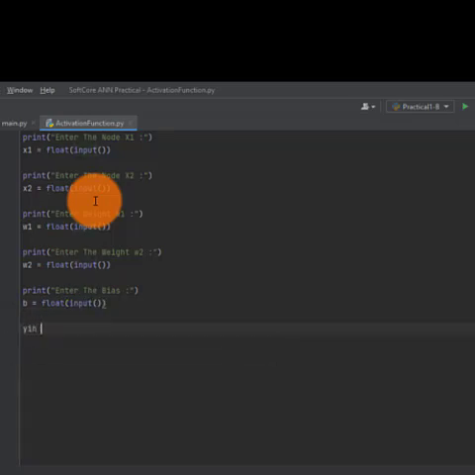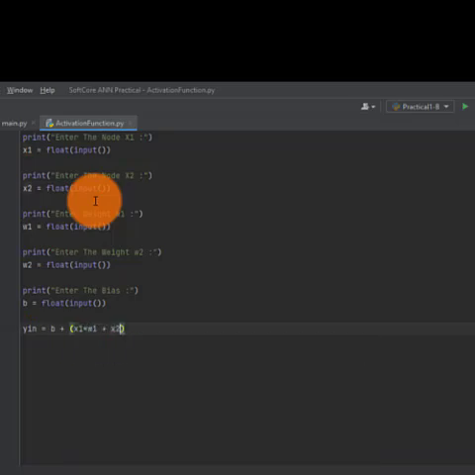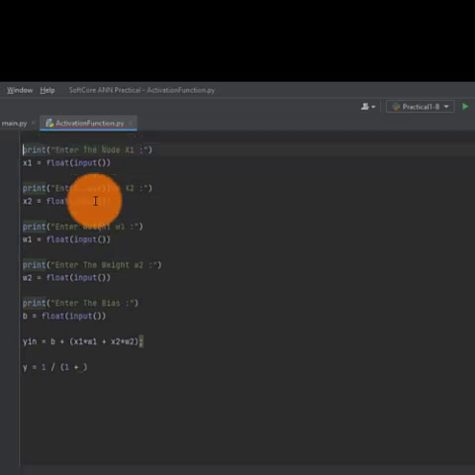Now calculate the net input y_in, which equals b plus, within brackets, x1 into w1 plus x2 into w2. Now apply the binary sigmoidal activation function and store the output in y. The formula is 1 upon, within brackets, 1 plus e raised to power minus y_in. To calculate e raised to power x, we require an exponential function.